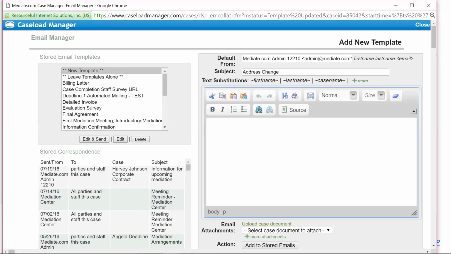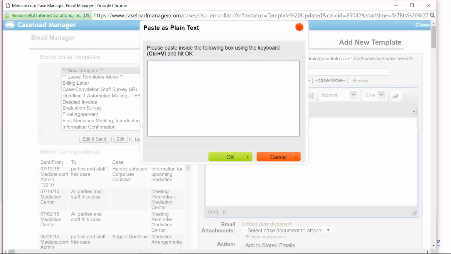And I can just begin typing my template here, or if this is a document that I've already been using, let's say it's a Microsoft Word, something that I've already typed up, I can copy and paste it in, but now listen really closely, this is key. I'm not going to just copy and paste it in here in the text section. Instead, I'm coming up to these little icons. See, this one says copy, this one says paste, and then this one says paste as plain text, okay? So now if I were to copy it in here, what this is doing is it's scrubbing out all the